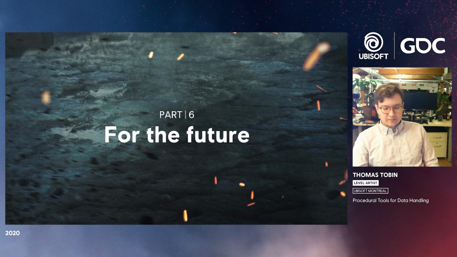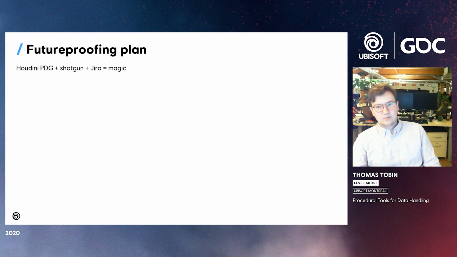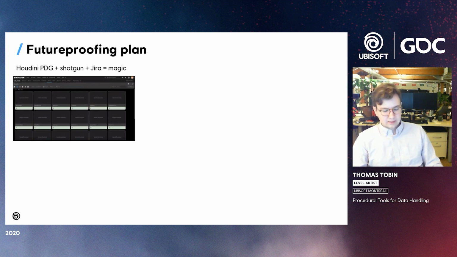For the future, these are some things I want to look at, and some of the things I think would be really useful for integrating in the pipelines. Houdini and PDG plus Shotgun and Jira will really simplify the process of creating hundreds and thousands of assets at a AAA level. Now, I've taken these images from a Houdini presentation earlier this year, but we have an exact